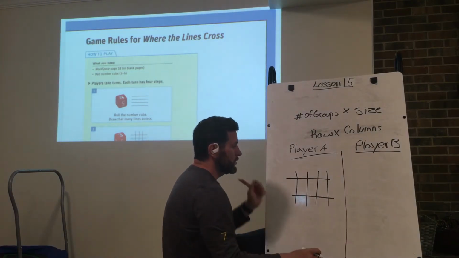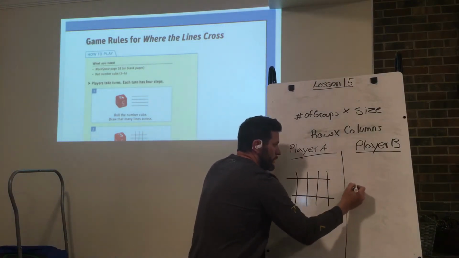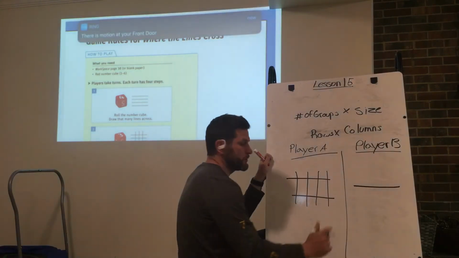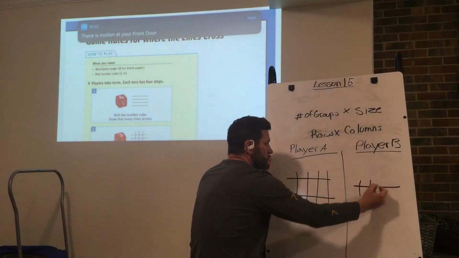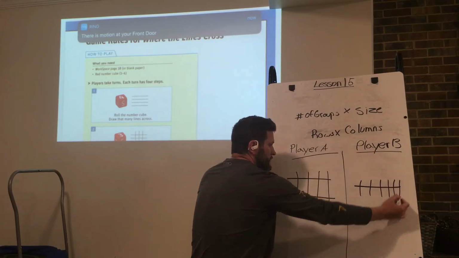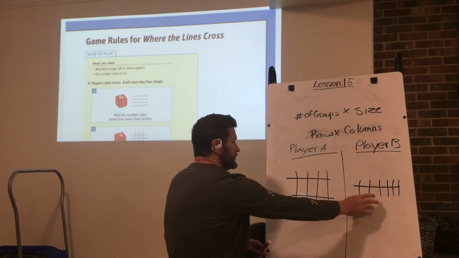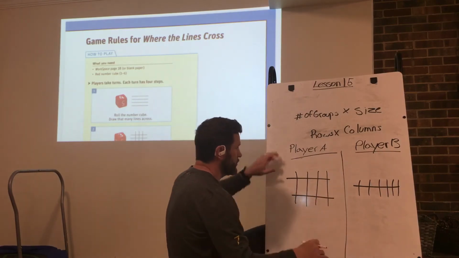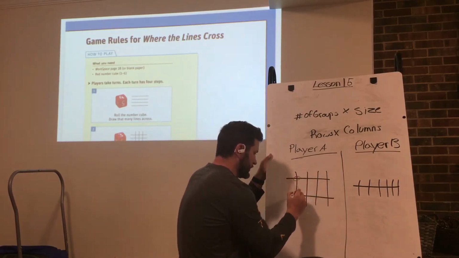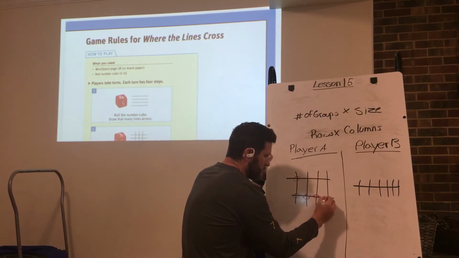And then player B rolls a 1, so that's 1 row, and then rolls a 6. 1, 2, 3, 4, 5, and 6. So now, each player has to circle where the lines cross. So I'm player A, I'm going to circle everywhere where the lines cross, and then player B is going to